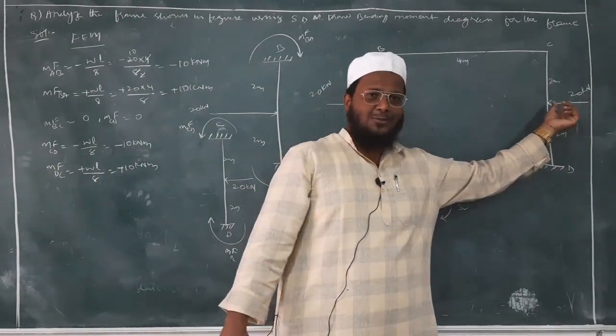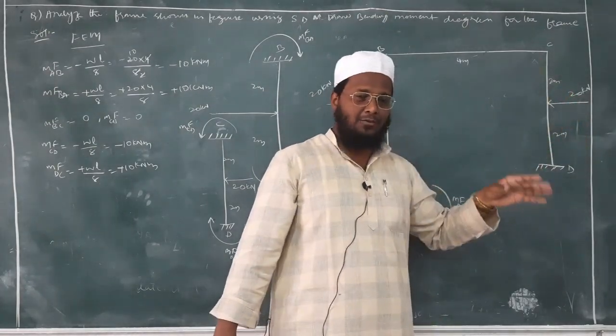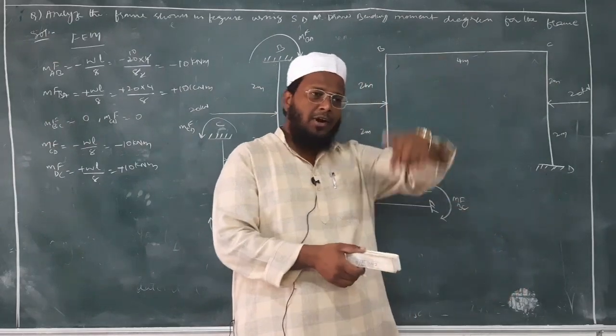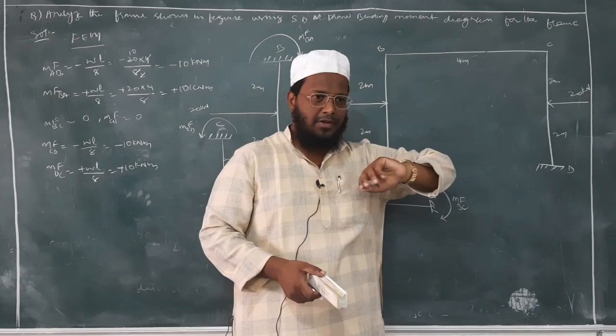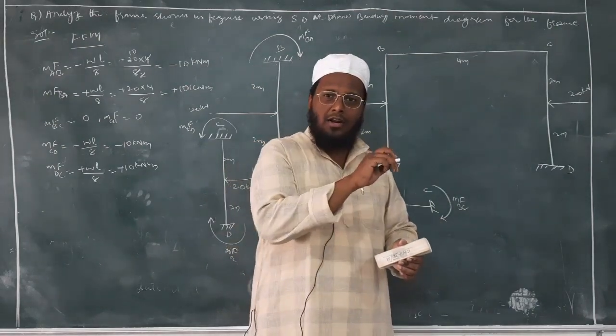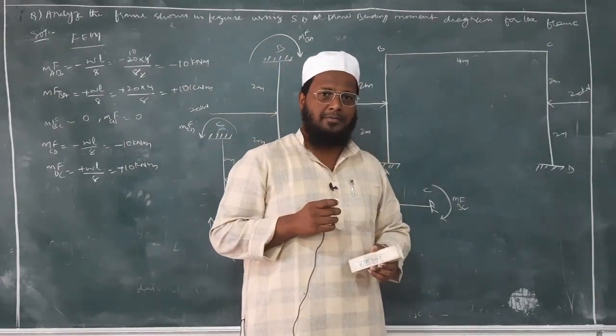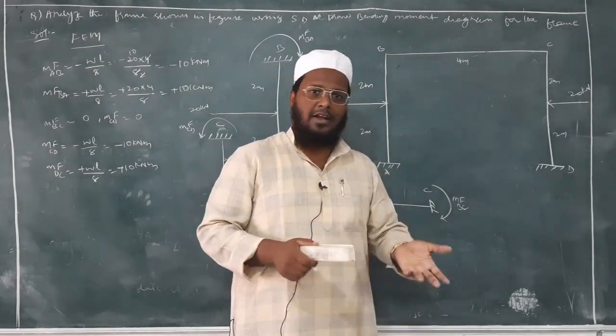So if the arrow is small, or many times, in the question itself, they will show a point load very big and that point load will be 2 kilonewton. UDL they will show very small and that will be 50 kilonewton per meter, okay. So don't get confused over there.